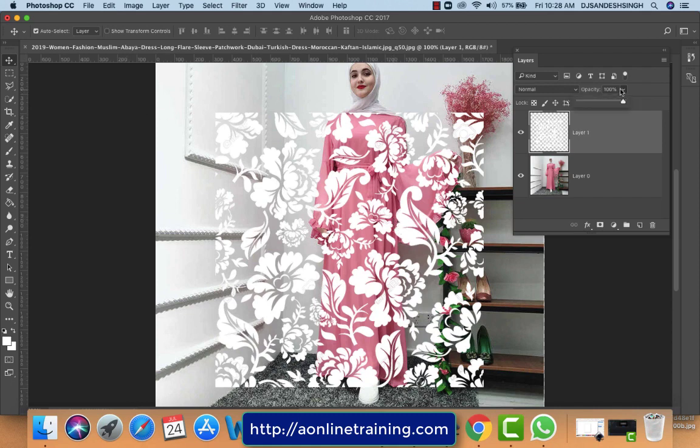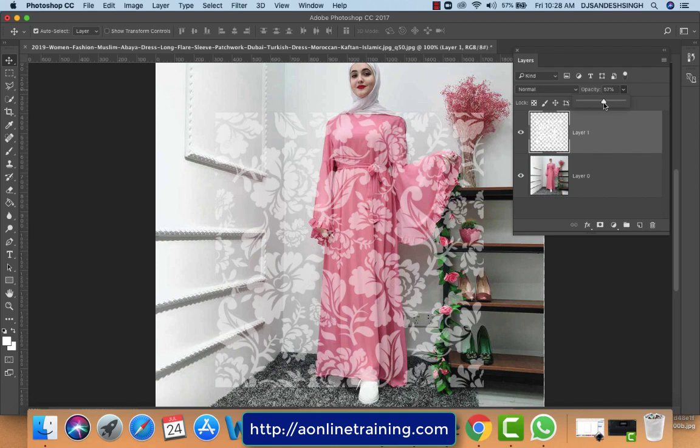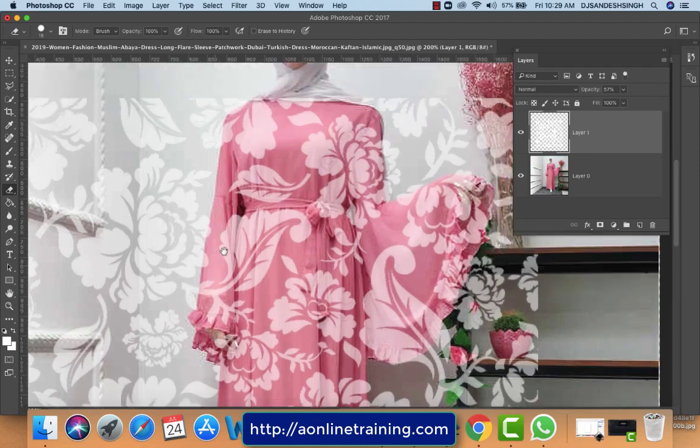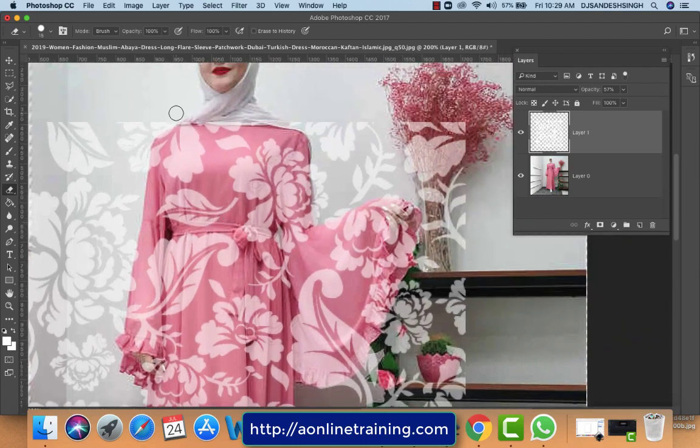I'm reducing the opacity so I can analyze where we have to remove the unwanted parts. Select the eraser and the brush, and increase the size with the start or end bracket keys on your keyboard. Press Control plus to zoom in so we can clearly see where to remove the outer range of the texture which is not part of the dress.